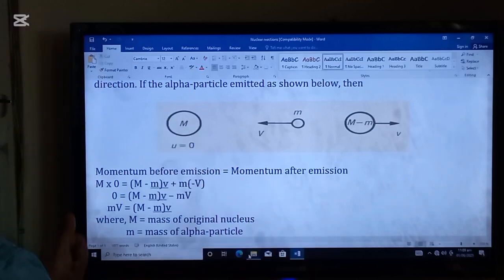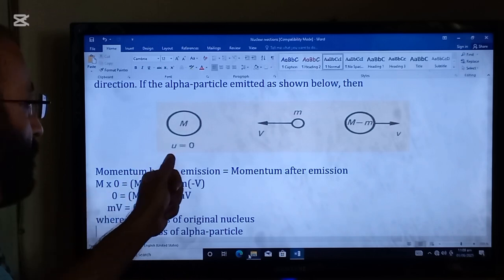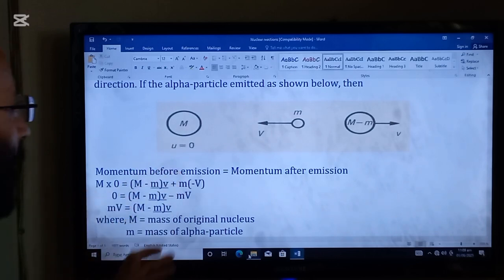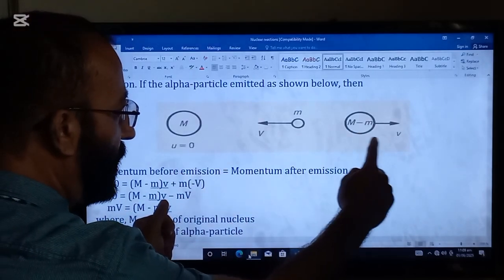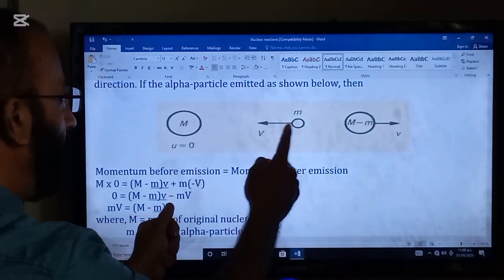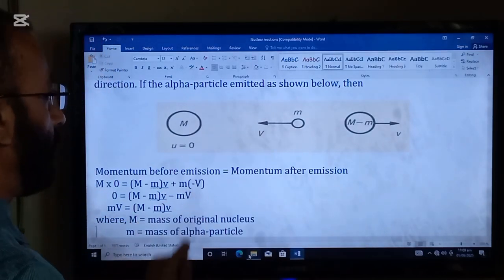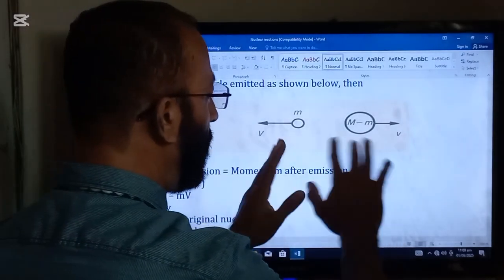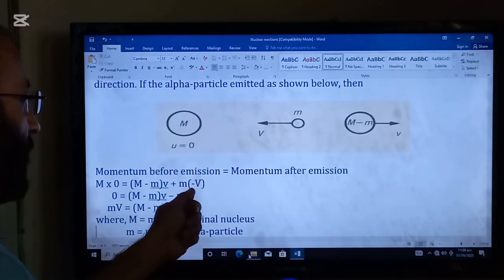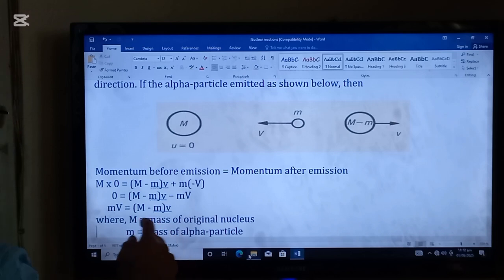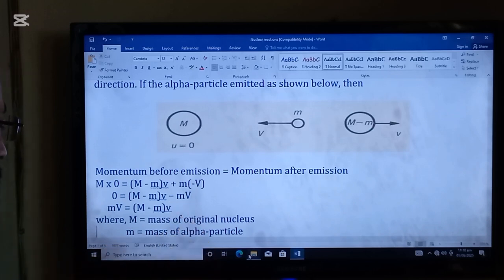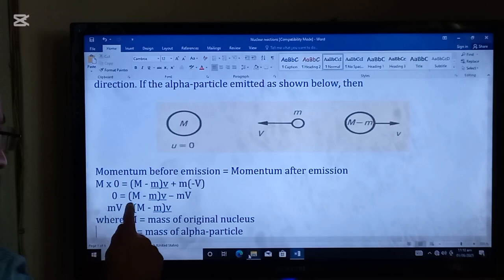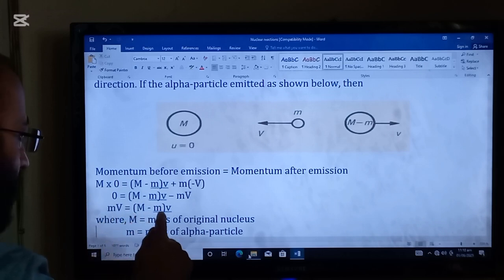So before emission, M multiplied by 0 because there will be no velocity at all. And after emission, (M minus m) into small v, so this mass multiplied by velocity plus this mass multiplied by velocity. Because these two are going in opposite directions, its velocity will be negative. So m into minus V will become minus mV. Shift this minus mV to the left side. So m capital V will be equal to (capital M minus small m) into small v,